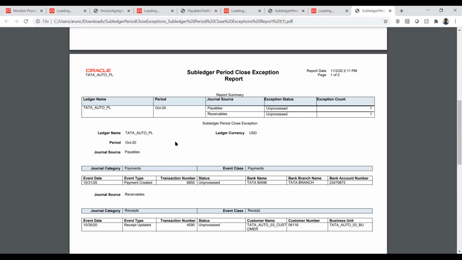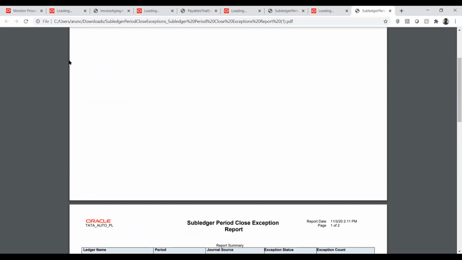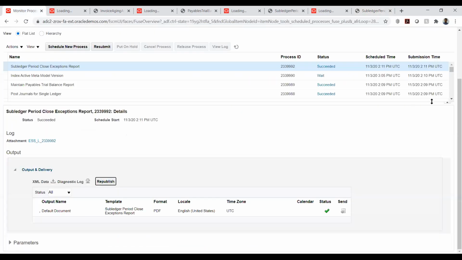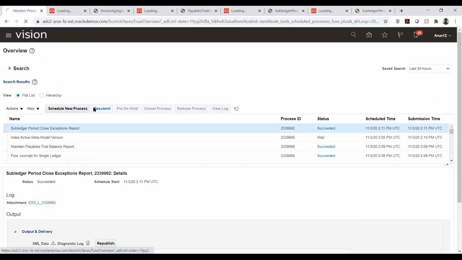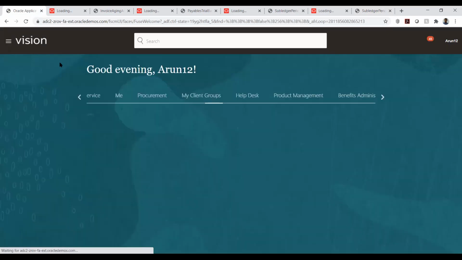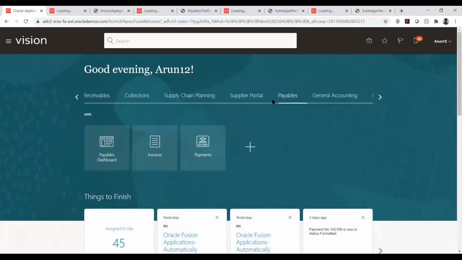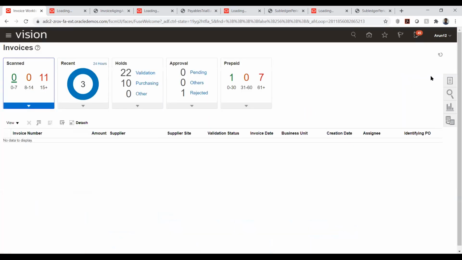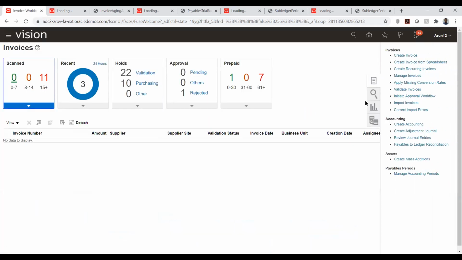So this is about the exception report, and maybe we can see the other part as well. We can see the journals of the particular transaction. I'll just navigate to the invoice. From here, we can review the journal entries.